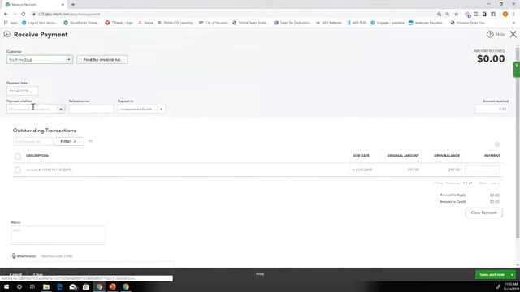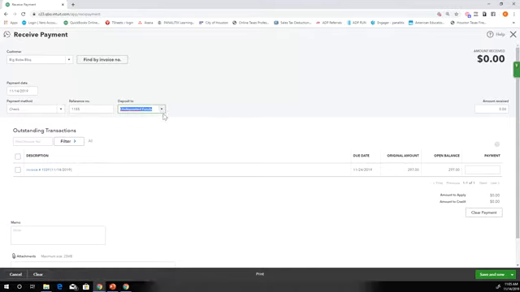And I don't expect you to have instant payments. This is probably more like a week later or whatever. But say they're paying with a credit card. We'll say Discover card. We always want, okay, this is key, deposit to direct deposit, okay? You know what, let's go ahead and say that they're going to pay with a check. And here's where we put the check number. And we always want to go direct to